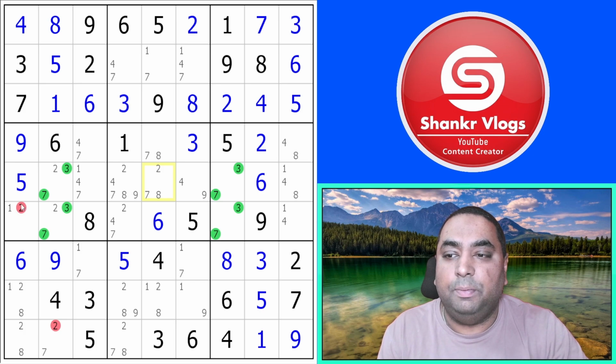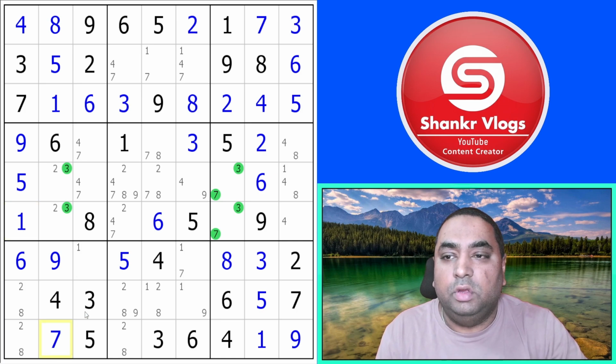See here the 2 is appearing in a block in another cell. So we can remove 2 from here, as well as from the column in which the other two non-diagonal cells are also there. We can remove from that column house also. So here 2 is there. In this column we can remove this 2, and in this block we can remove this 2. So that is the way of eliminating candidates with type 2 unique rectangles. Okay, now we will be seeing type 3